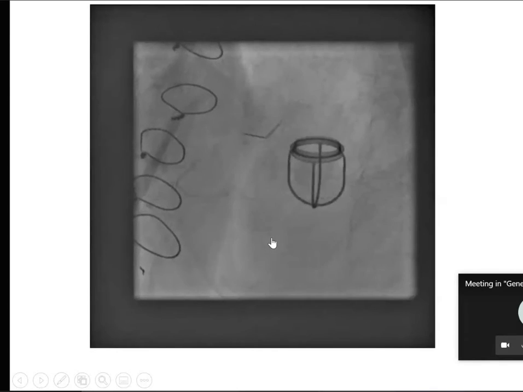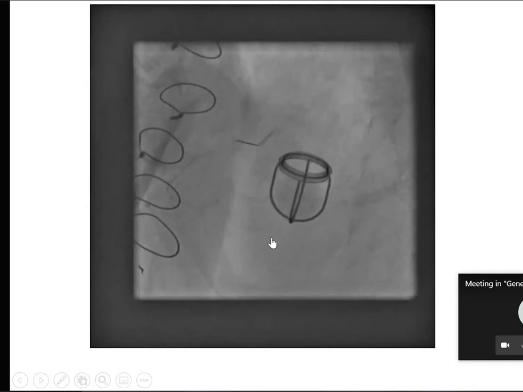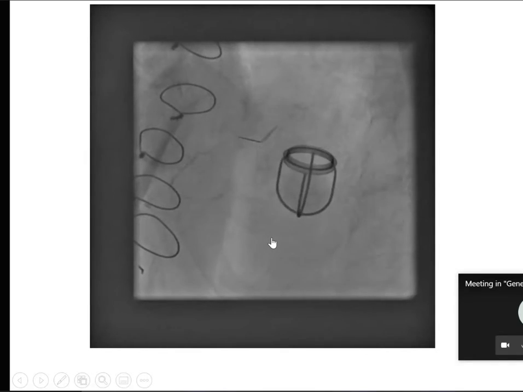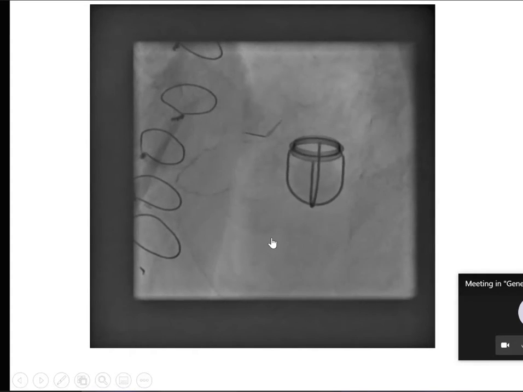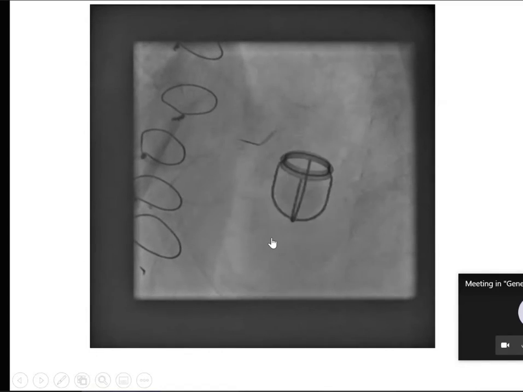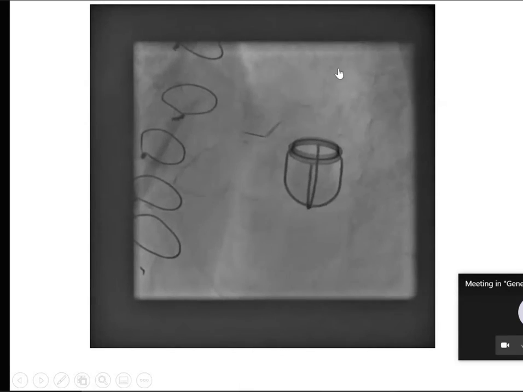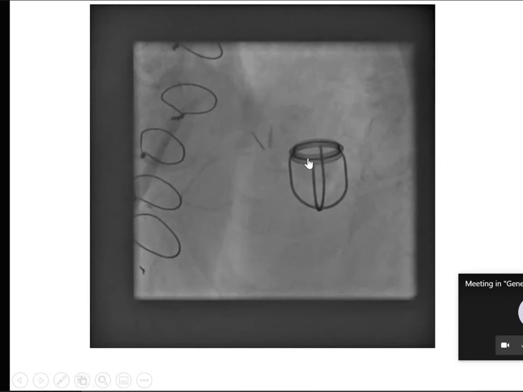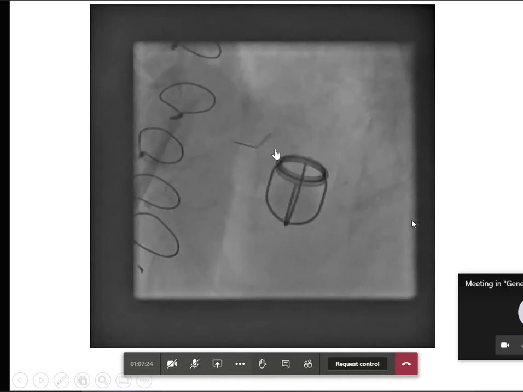Which is the aortic position? The ball and cage valve. Bileaflet in aortic position, sir. It has got four cages. Okay, which is the direction of the ball and cage valve? Should we say aorta or LV? LA to LV. It's in the mitral valve position.